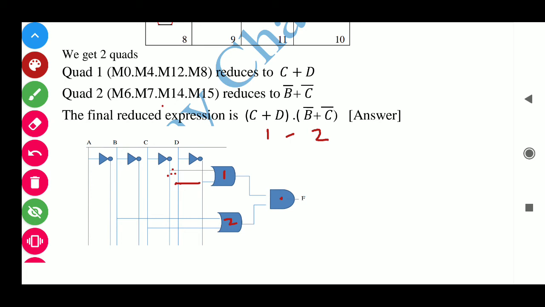It is by mistake. In the same way here, B naught plus C naught. So this should be connected to B naught here. You just make it correct, okay, here, and C naught is connected here. So cut this one, okay, cut this one. Understood? This is the way. Clear?